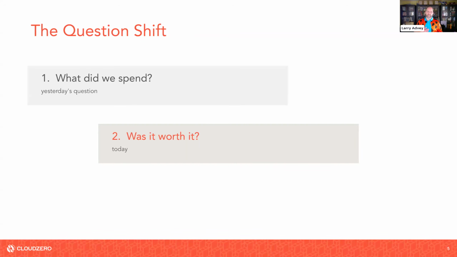Today, people are trying to get to what was it worth it, right? And this is not an easy thing to do, especially when revenue is such a lagging indicator of success. But there are things that showcase value. Engineering, for instance, and it's not any one thing is what I'm seeing, and it's not number of lines shipped, it's not number of commits, it's not pull requests, cycle time, but potentially a mix of all those things, plus maybe epics, tickets. You have to look at the before and the after on that to see was it worth it.